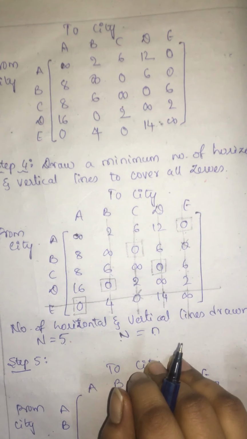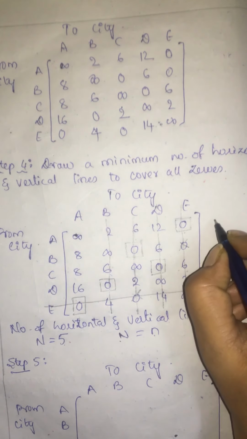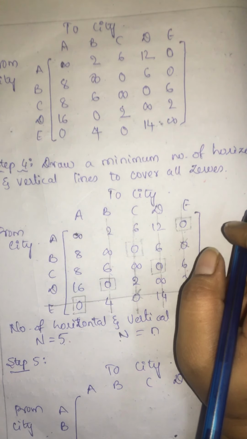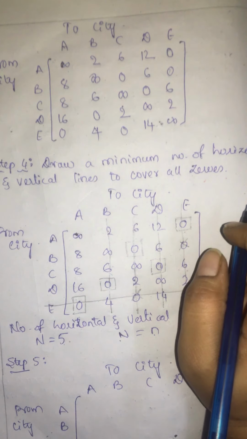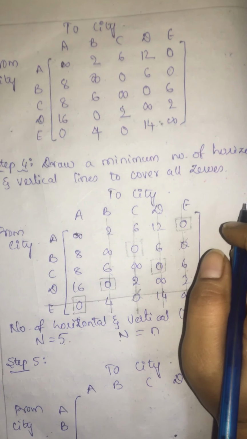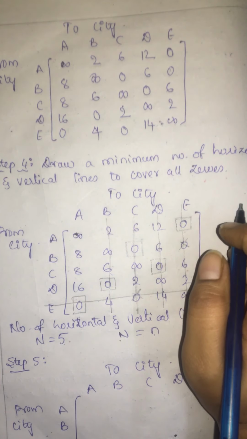Now look at the traveling salesman problem definition. So what is the traveling salesman problem definition? It says that the person has to travel from the original city, and he should travel to all the other cities once, and he should not repeat the cities, and he should return to the starting point with the minimal cost.